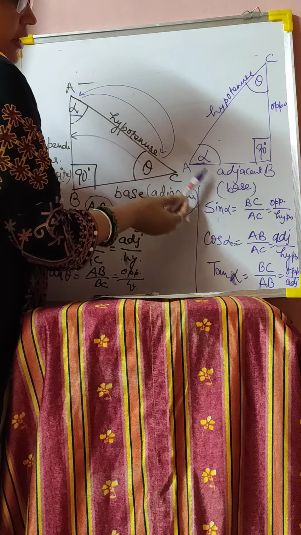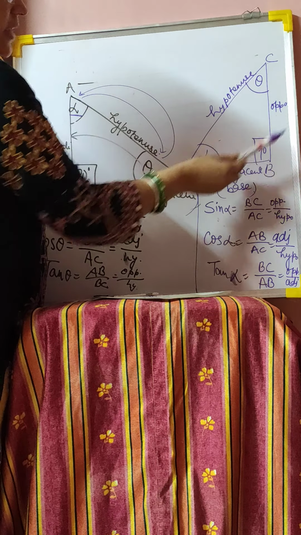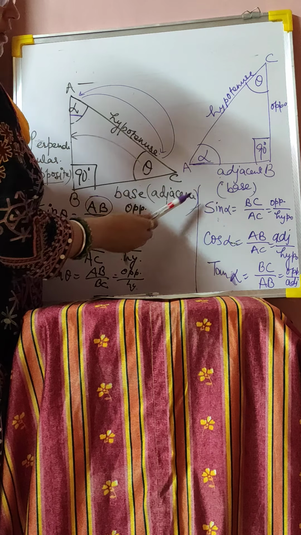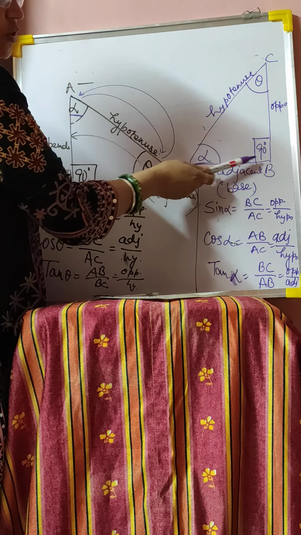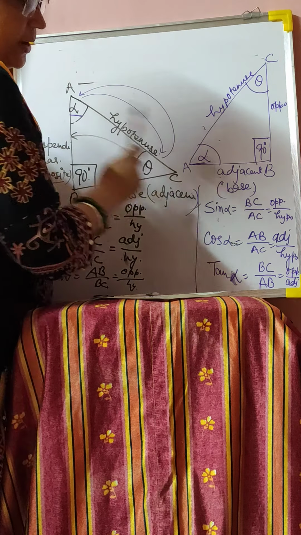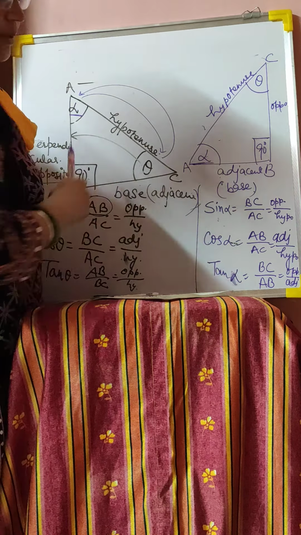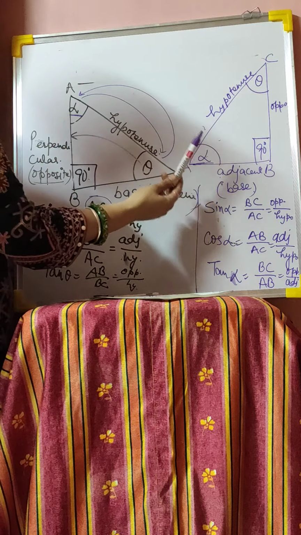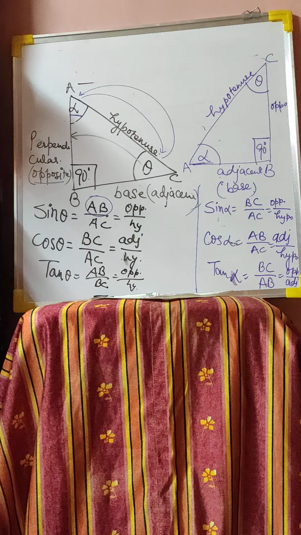So here if we take sin alpha, cos alpha and tan alpha, then this will be the opposite side, this will be the base. So here it will come perpendicular by hypotenuse, means opposite side of the angle divided by hypotenuse, that is BC by AC, cos alpha AB by AC and tan alpha BC by AB. So only this change reflects in your T ratios also.